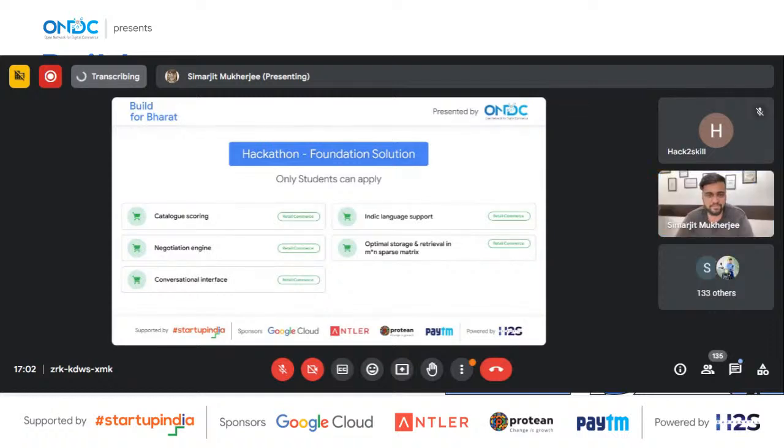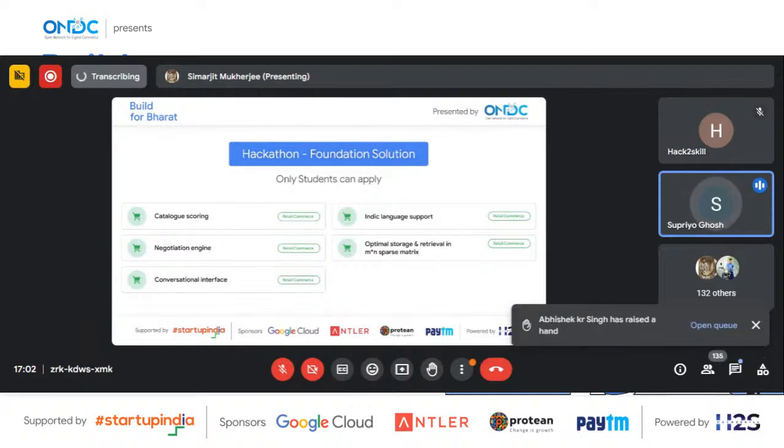Okay, so hi everyone. Good afternoon. It's great to have you here. You are aware of the Build for Bharat hackathon, which is organized by the sponsors below: Google Cloud, Antler, Protean, Paytm, and ONDC. My name is Supriya.